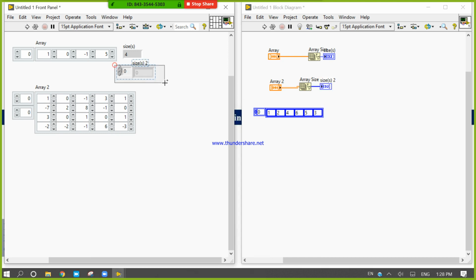For this 2D array, the array size comes as a 1D array, because there are two numbers and we need to show both numbers individually. So the array size is 4 cross 5.